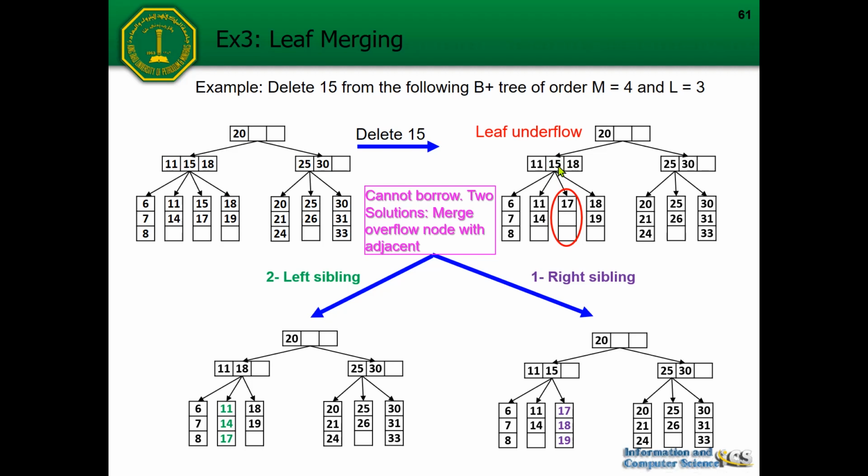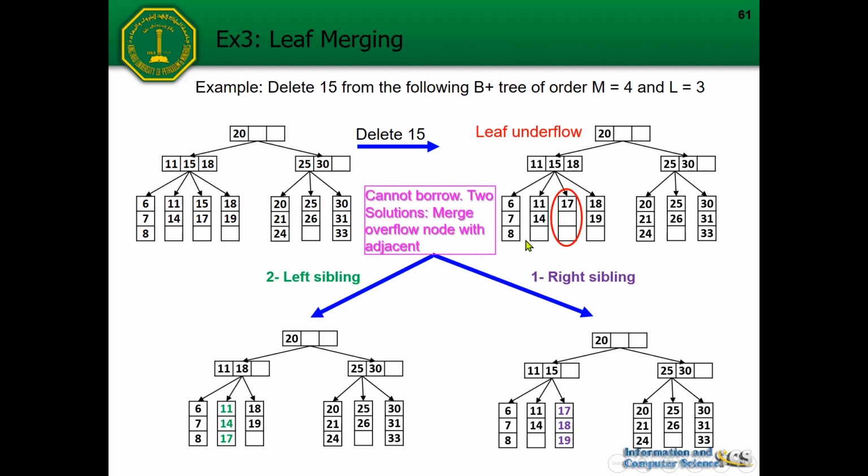This can happen when we are deleting the first entry of the leaf node. You can choose whether you want to update the value, which I think is better. Maybe you just replace the 15 with 17, so that will be much better. If you do that, then we will have the 17 over here, no longer the 15. So we can stick with the rule. If we change this to be 17, this will be equal to the smallest key in the right child. Okay, everyone, something like that. Now if we combine this node with the underflow with the left sibling, then we will get this.